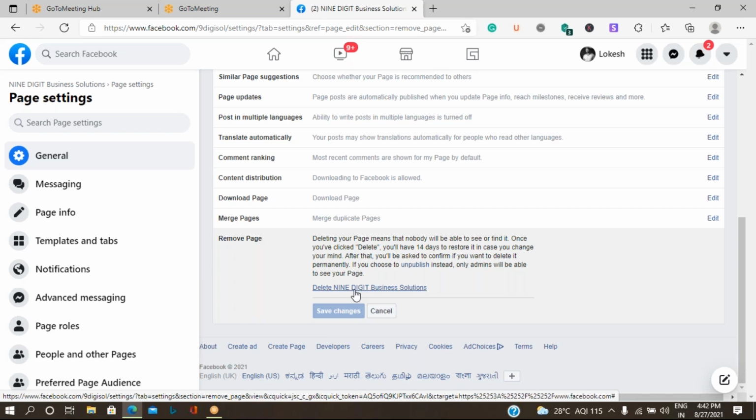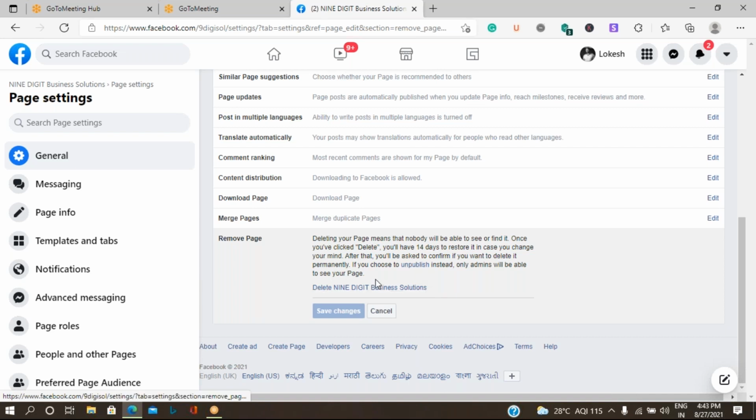Suppose knowingly or unknowingly you open that page and do some activity, then it will get reactivated. Instead, if you do not want to delete it but you do not want to show this business page to the public, you are also given the option to Unpublish.